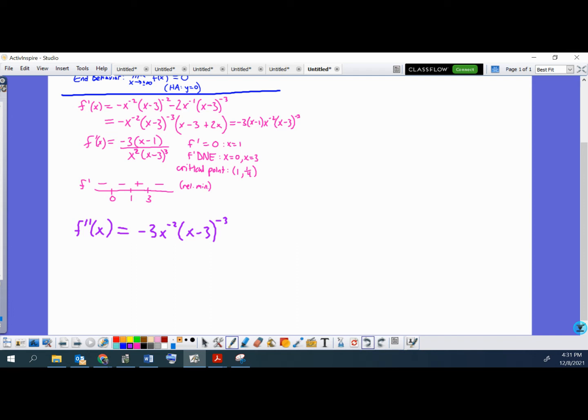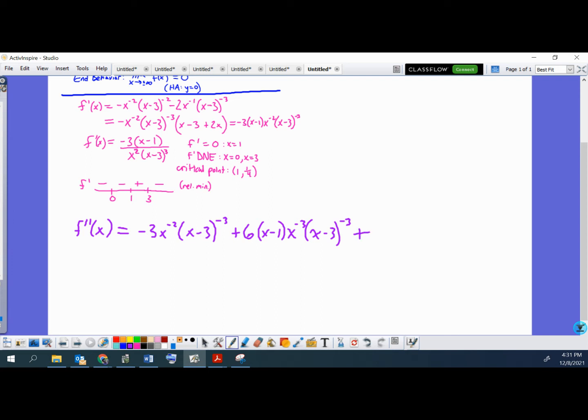So it's going to be negative 2x to the negative 3, right, from this guy, times this guy. So negative 2 times negative 3 is plus 6. So plus 6, and I'm going to have that (x minus 1) factor, and x to the negative 3, and again, (x minus 3) to the negative 3. And then I've got